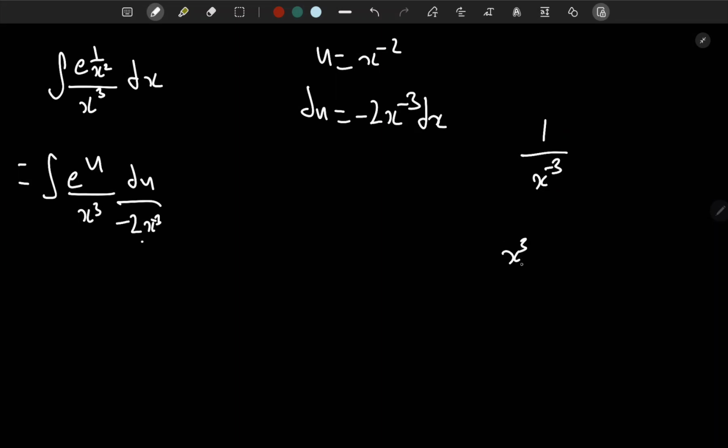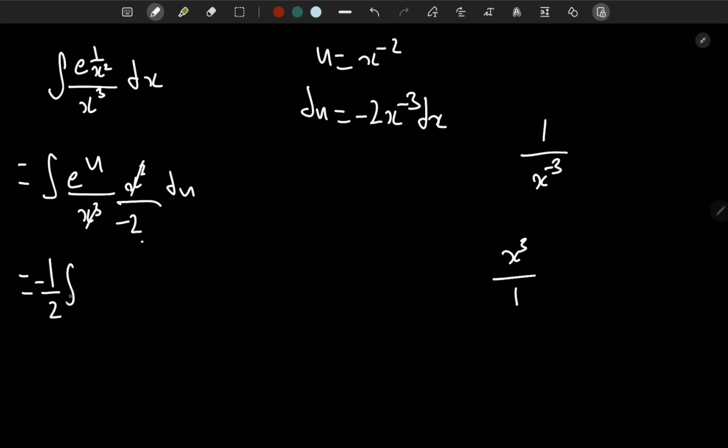So I can just take this up, x^3 du, and this cancels out with this, and we can take -2 outside. So the final thing that we are left with is